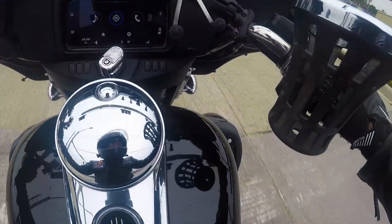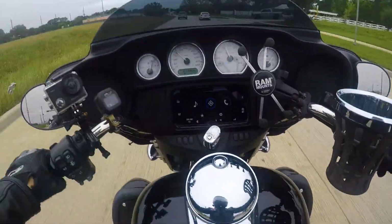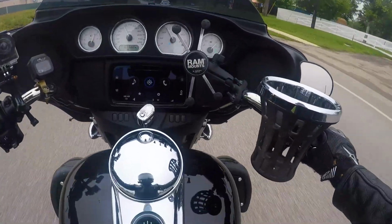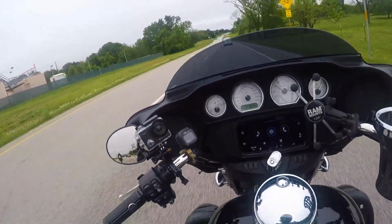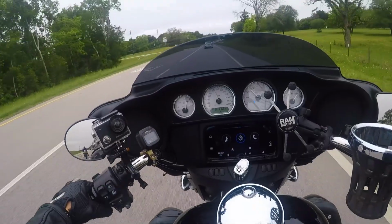So today we're going to La Grange, Texas to take some pictures, but I wanted to take the opportunity to do a little short video about, well, can the Street Glide handle the twisties? And since we're going